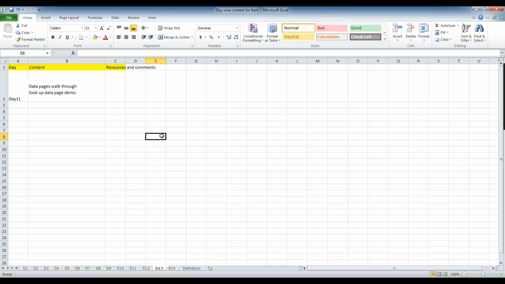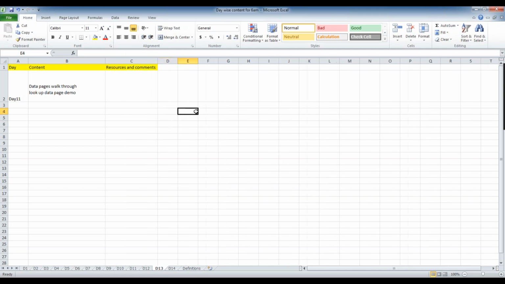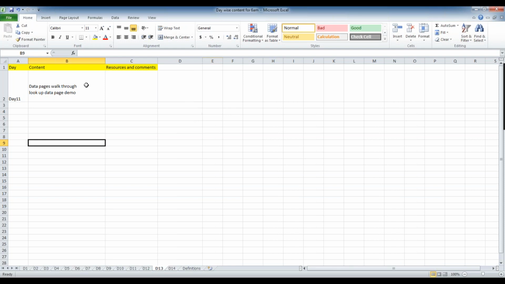Let's say I want to search whether a customer is in the list. I get the data from the database, store it in the data page, and then search in the data page. Here I'm not using the data page as a source, but as a system of record to maintain the data.